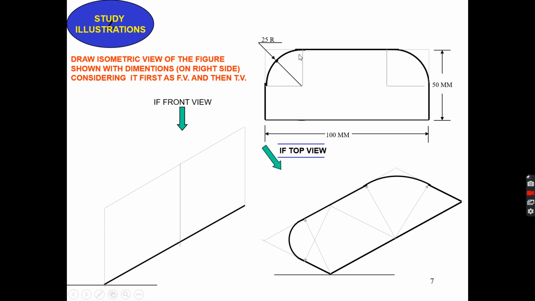So this portion of the circle, now it will be somewhere here. Similarly, this portion of the circle will be somewhere here. So this portion is on the side where the angle is more than 90 degree, and this portion is circle on the side where the angle is less than 90 degree. Just opposite to that what we have seen when we are drawing the top view of that diagram. Here the angle was less than 90 degree, here the angle was more than 90 degree.